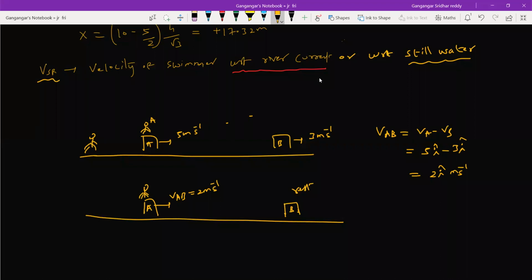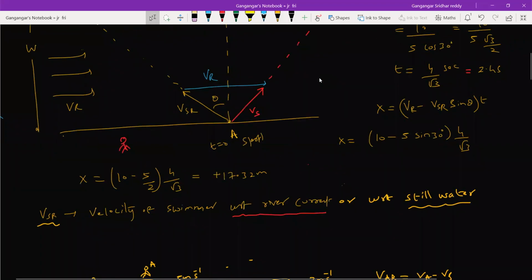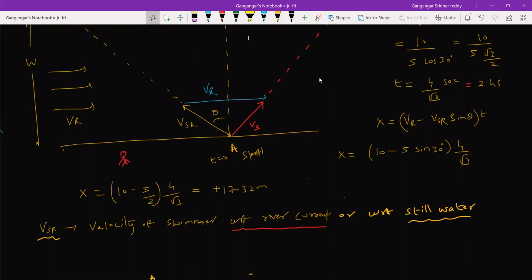The best thing, I'll say, okay, both A and B are moving. If A moves with a velocity VAB, though B is moving with respect to ground, with respect to A it will appear at rest. Shall I say that it is still water, the same idea here? If you stand on the bank, the river is flowing. If the swimmer swims with velocity VSR, the river will appear at rest. So therefore, I can use the word still water. It doesn't mean that the river is at rest. Got the idea now? Yes, sir.